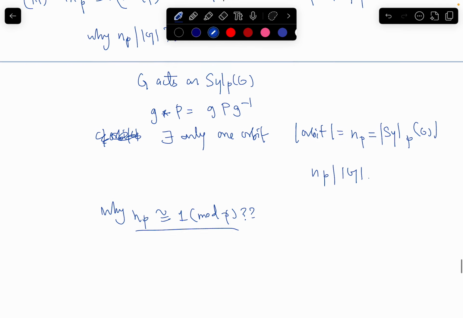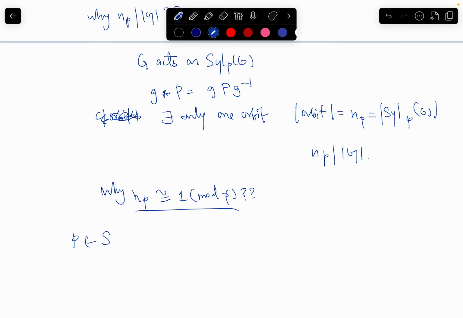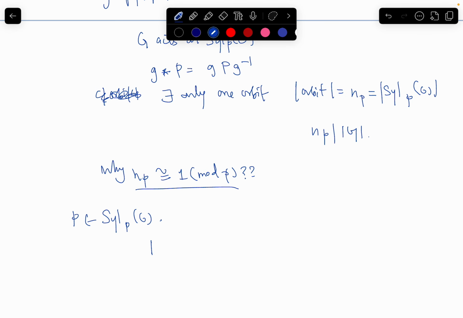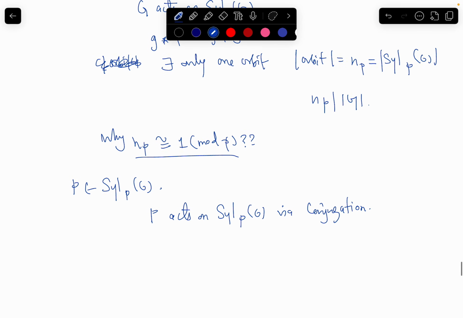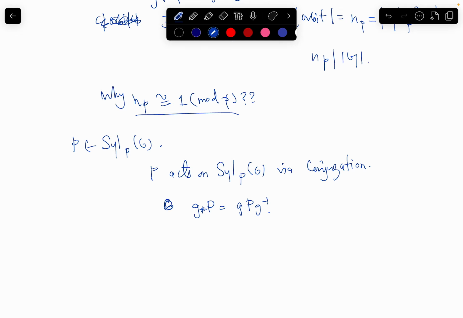So what we will do is we will take any Sylow P subgroup, and what is interesting to note is that this Sylow P subgroup P acts on the set of all other Sylow P subgroups via conjugation again. That is, g acts as gPg inverse. So again, by the orbit-stabilizer theorem, the size of the orbit divides